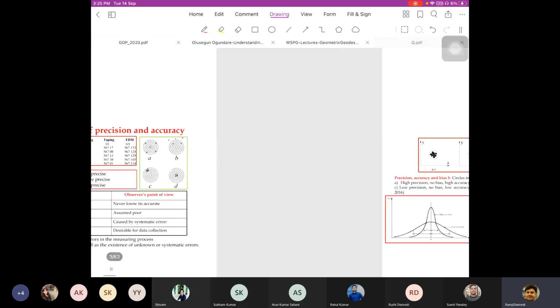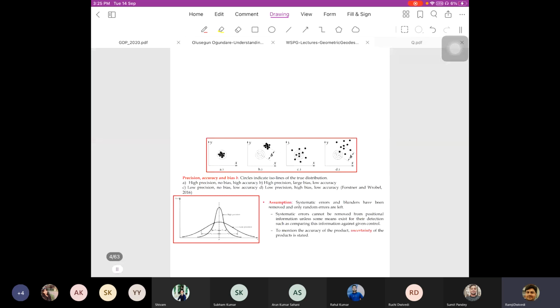Yes. So you could see in this figure, the case A, which we are having in the picture. Case A is representing high precision, no bias. Obviously, the word bias we are using is for systematic error. So in the case of systematic error,